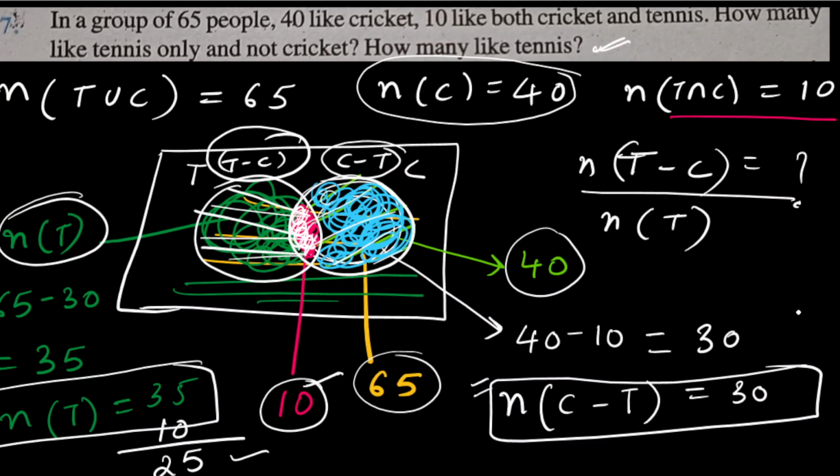Moreover, N of T you can easily calculate with the help of the given formula also, the union formula or intersection. Because we know three things, N of T we can calculate easily. So first of all, you can use the formula. I didn't use the formula here directly; I did this question with the help of the Venn diagram. You can use the formula to find N of T, then do T minus C with the help of the Venn diagram, or do the full question with the Venn diagram. So with this, the seventh question is also completed.